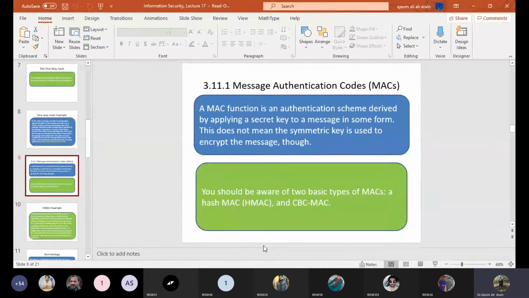A MAC function is an authentication scheme derived by applying a secret key to a message in some form. This does not mean a symmetric key is used to encrypt the message though. You should be aware of two basic types of MACs, a hash MAC and CBC-MAC. Now see, in this particular scenario, we are using a key, but that key will not be used for an